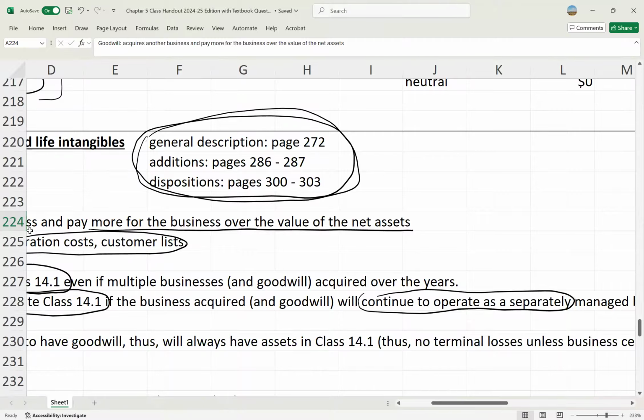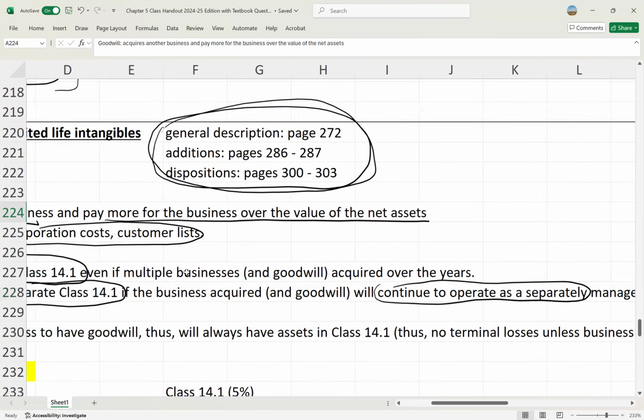And then we're going to look at an example where they buy a business and they pay goodwill, but they're going to operate that business separately. It's still going to be their business, but they're just going to operate it separately, with separate management. And in that case, you would put that goodwill in a separate class 14.1. Another thing to note here,